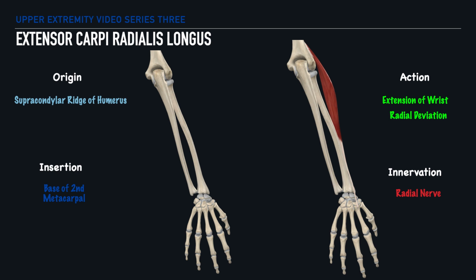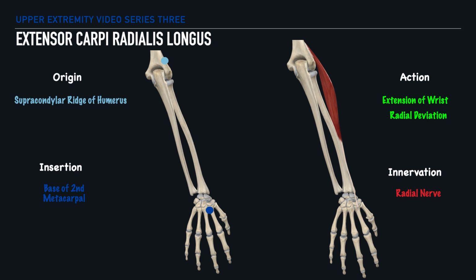Next up, we have the Extensor Carpi Radialis Longus. This muscle originates on the supracondylar ridge of the humerus, and it inserts at the base of the second metacarpal. And as we've noted previously, we get an indication of the movements this muscle produces by the name of the muscle itself. In terms of movements, it performs extension of the wrist and radial deviation, and it is innervated by